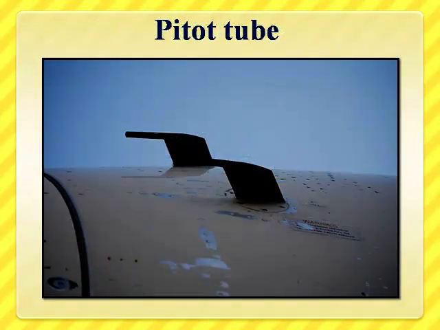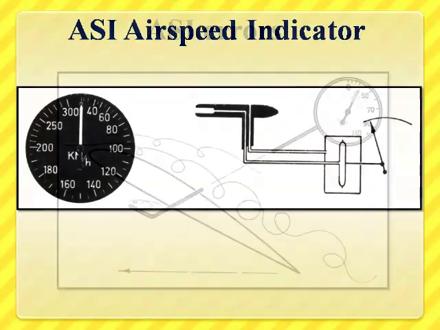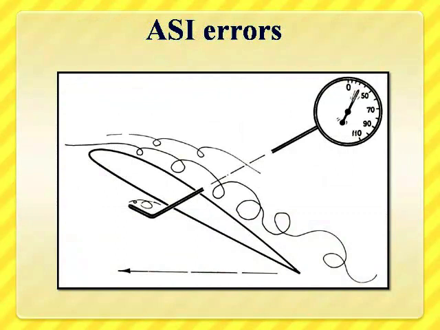The pitot tube on the aircraft is shown in this diagram, and ASI, airspeed indicator, is given into this. The air is taken into the aircraft and that will be given to the needle with a pressure tube like this, and it is likely to get into some errors because of the movements of the aircraft, and the wind velocity getting changed.